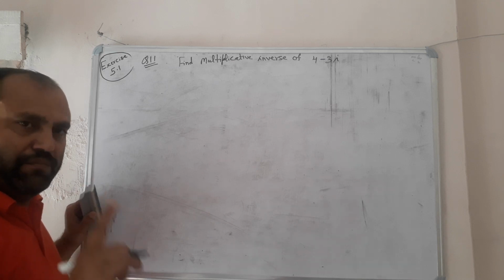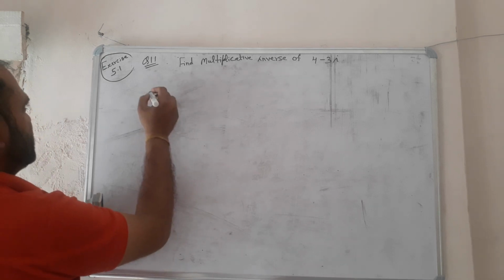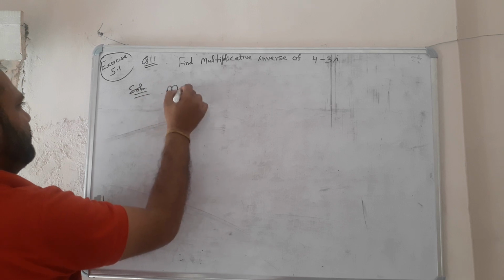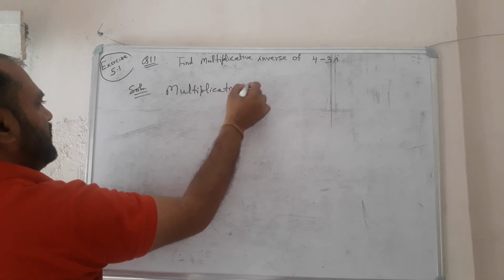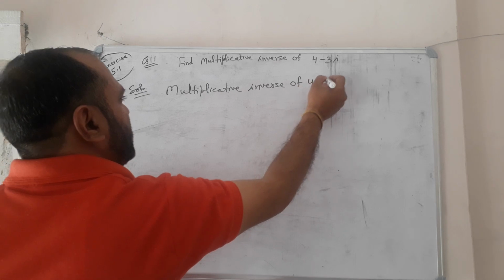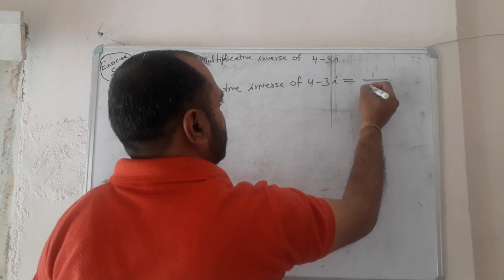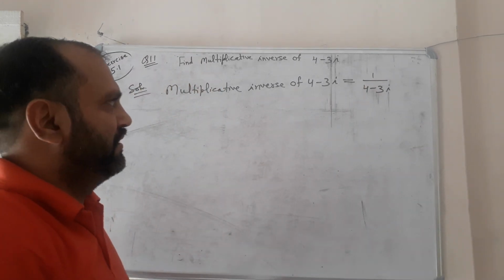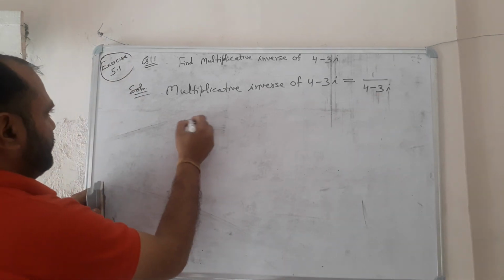So 1 upon z is the multiplicative inverse of z. It means multiplicative inverse of 4 minus 3 iota is equal to 1 over 4 minus 3 iota. We have to take reciprocal. So which is equal to,